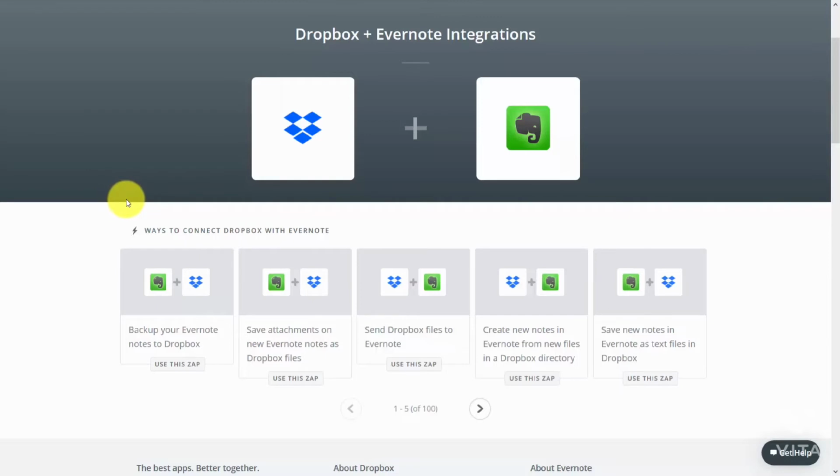Welcome back. There are several integrations available between the popular storage app, Dropbox, and Evernote. And you'll notice that there are about 6 integrations that you can do with the third-party app Zapier. You want to note which one you actually want to use. For example, maybe if you want to send a Dropbox file to Evernote, what you'll do is you will click